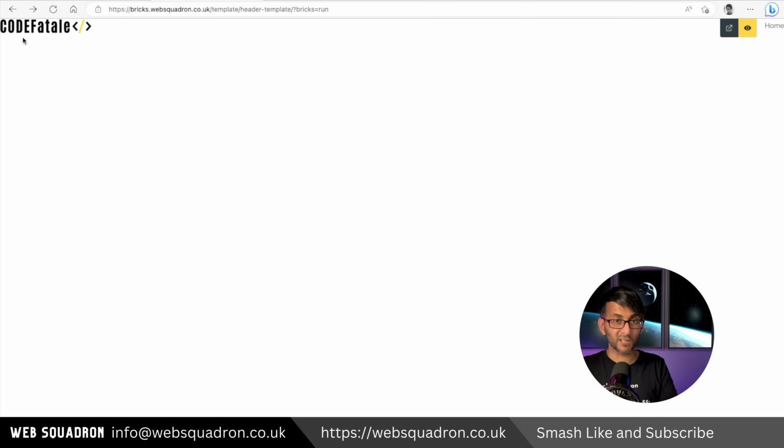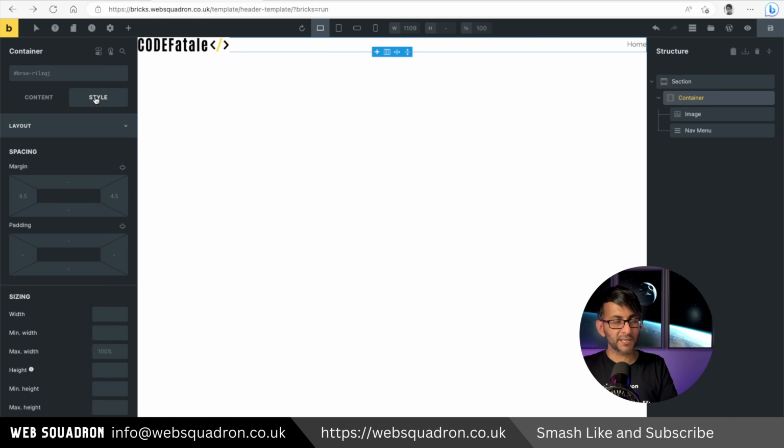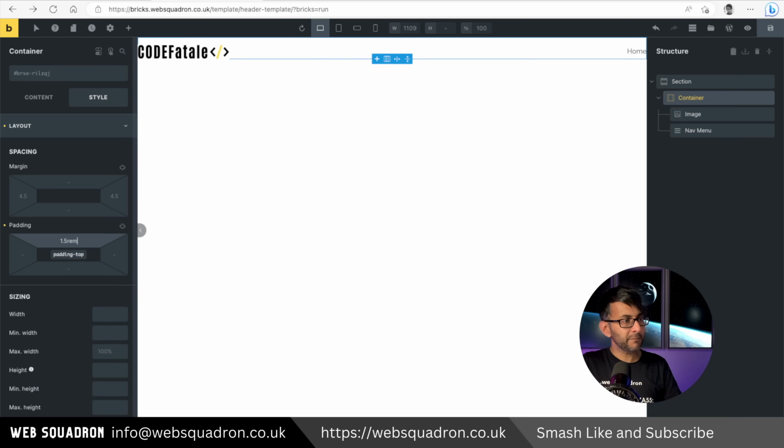It's moved a lot. But now things look really cramped, right? Right up against the edges. Who wants that? So let's go in and alter that. I'm going to go over to my container. I'm going to go to Style, go to Layout, and this is where I'm now going to mess around with, well, how far do I want them? I'm going to go in and apply some padding. I'm going to go with 1.5 REM, 2 REM on the right, 1.5 REM on the bottom, and 2 REM